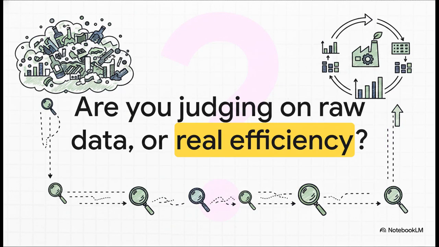So I want to leave you with this thought as we wrap up this explainer today. As sustainability reporting rapidly evolves into the global standard for businesses everywhere, how are you looking at the numbers? Are you getting distracted by the massive raw data impacts, or are you looking deeper? Are you using activity metrics to uncover their real, normalized efficiency? Because when you do, it completely changes the story, doesn't it?